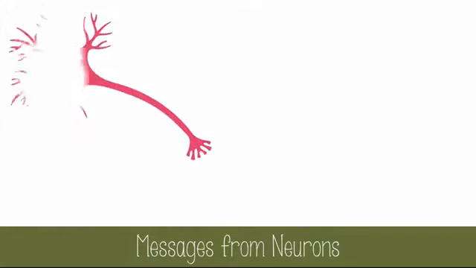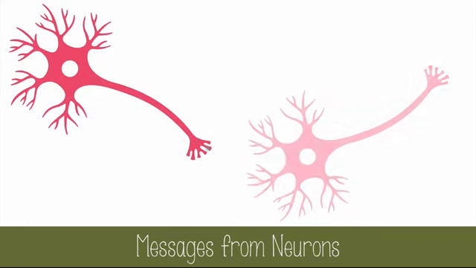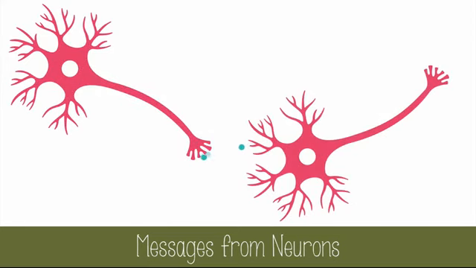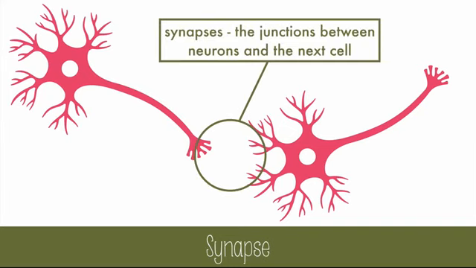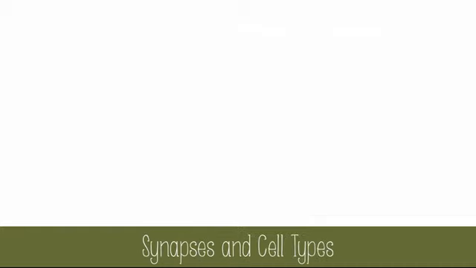A neuron transmits nerve impulses through itself, but when it's time to send a message to another cell, most neurons will send chemicals to the next neuron across a very small gap between them. The junctions between neurons and the next cell are called synapses. There are three major types of cells that neurons will form synapses with: sensory receptor cells, other neurons, and effector